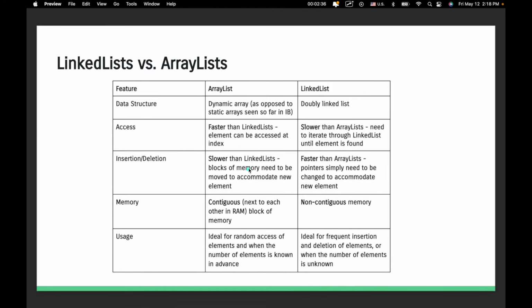Inserting and deleting is slower with array lists than linked lists because every time we want to add something into an array, we need to move all the elements. We need to move all the elements in the indices below it over one space to another address, and then we need to move all the elements above it, which have greater indices, to other addresses as well. So it's much slower to insert and delete in array lists than in linked lists, where